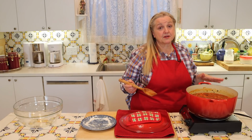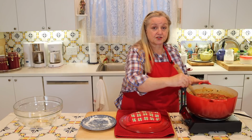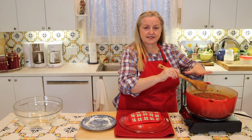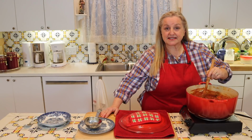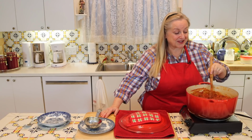And during the simmering process, just check on it periodically and give it a little stir just to make sure nothing's sticking to the bottom. Well, I let this simmer uncovered for 30 minutes, and now we have this beautiful, thick bean and vegetable slimming